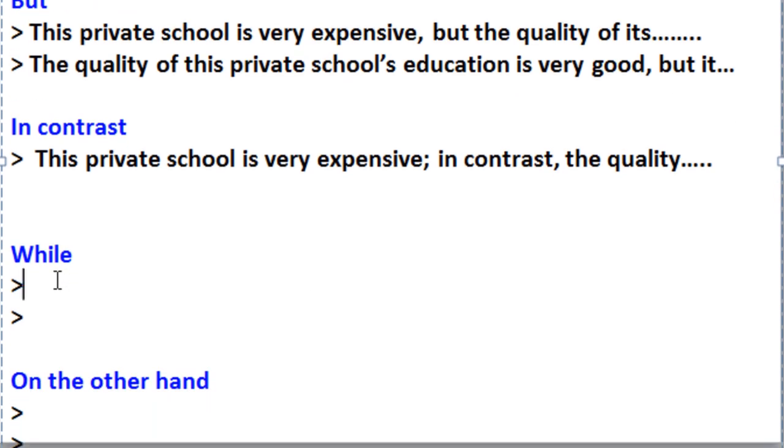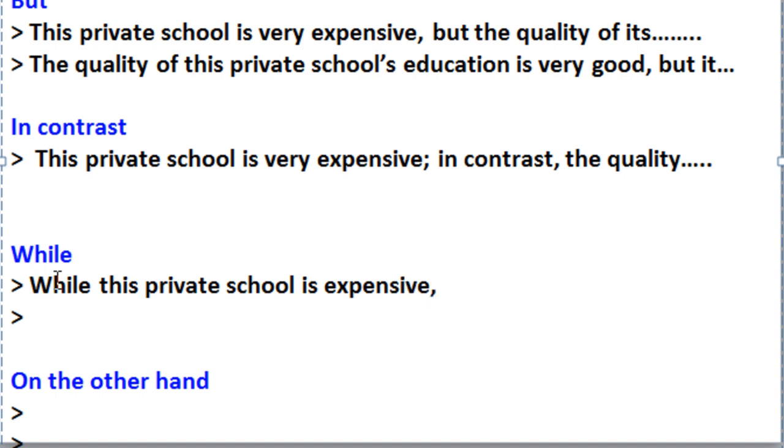Well, let us now use while. So we said that this linking word of contrast goes at the beginning of a sentence or in the middle. When it introduces a sentence, we put a comma to separate the first sentence from the second. And when it happens in the middle of a sentence, we put a comma before it. So we can provide two different answers. Let's start with while. While this private school is expensive, comma, the quality of its education is very good. Or